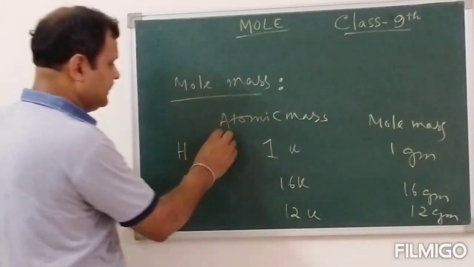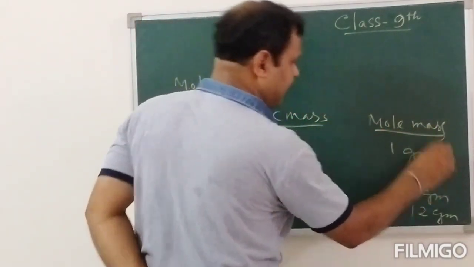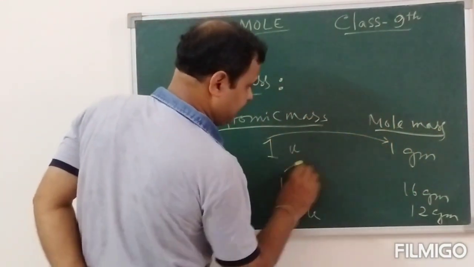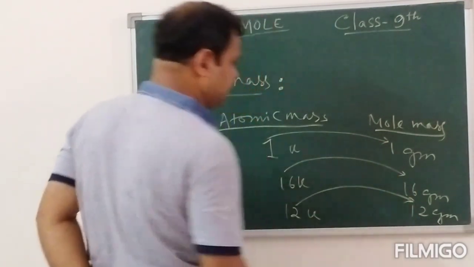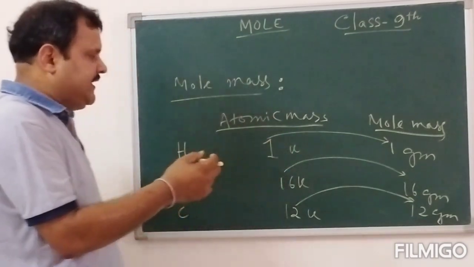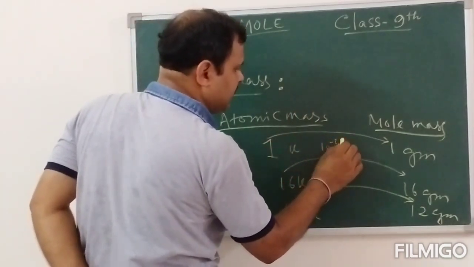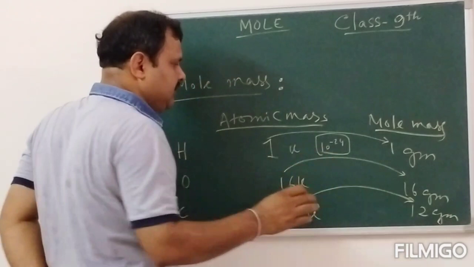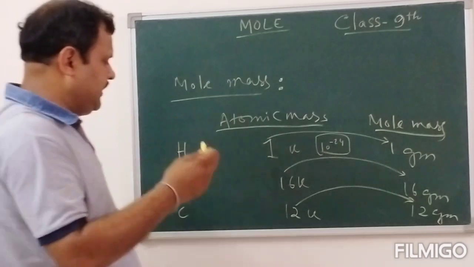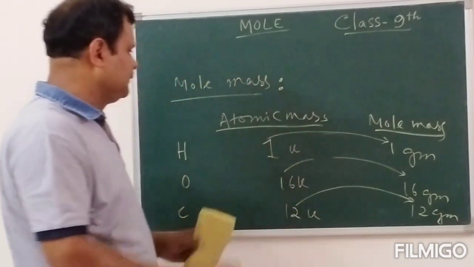So mole mass is nothing but the atomic mass considered in gram value, and the number is the same. You see, the number is the same. Why did we not consider this unit, atomic mass? Because an atom is very small. It is on the scale of 10 to the power minus 24, so your brain cannot handle this number. So we call it a unit.